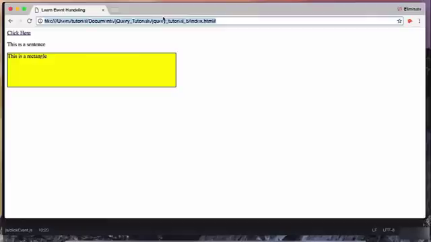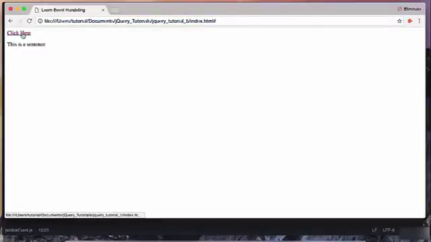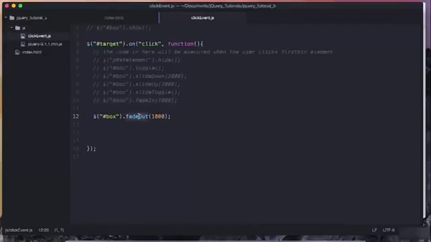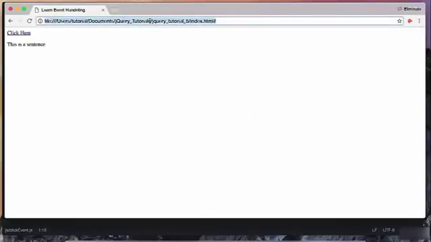So let's refresh the page, and of course notice that it's not going to work because fade out is supposed to hide it. If it's already hidden, this is not going to do anything. So let's first show it with this first line, refresh the page, click it, and notice that it's hiding in